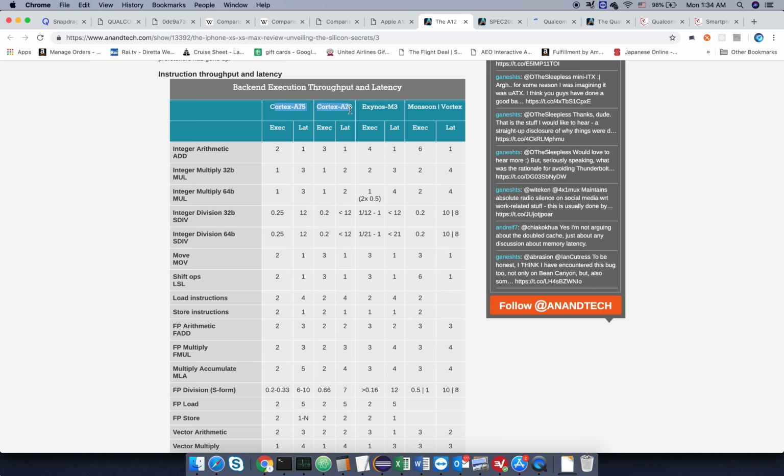So these are ARM designs, right? This is a Samsung design, and this is an Apple design. So it can do 6 adds in one cycle, and it takes 1 cycle to complete the adds. That's pretty simple. It does 2 multiplies in 1 cycle instead of 1 for the ARM designs. And you can see this theme continues. You got the 2 multiplies, 64-bit multiplications in 1 cycle, and these only do 1.